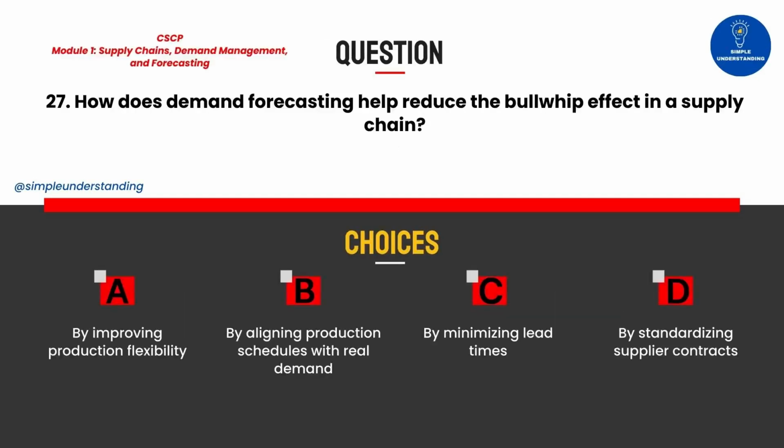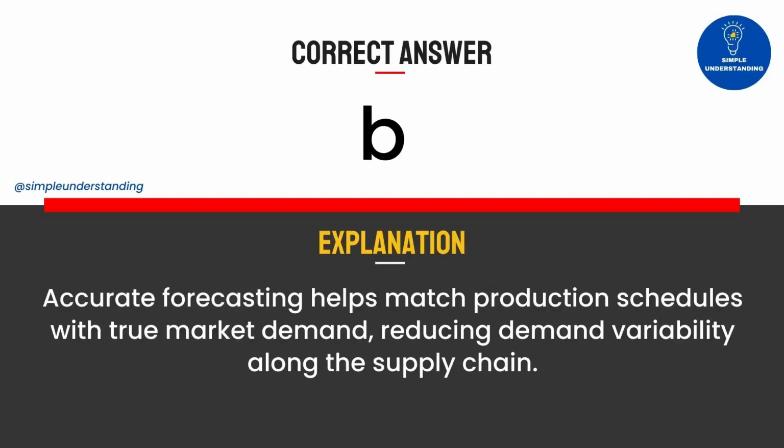27. How does demand forecasting help reduce the bullwhip effect in a supply chain? A. By improving production flexibility. B. By aligning production schedules with real demand. C. By minimizing lead times. D. By standardizing supplier contracts. Correct answer B. Explanation. Accurate forecasting helps match production schedules with true market demand, reducing demand variability along the supply